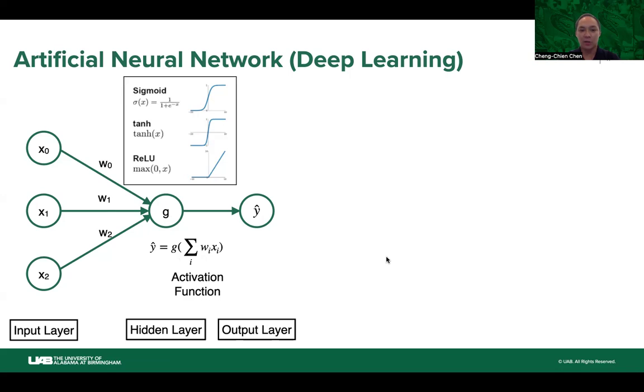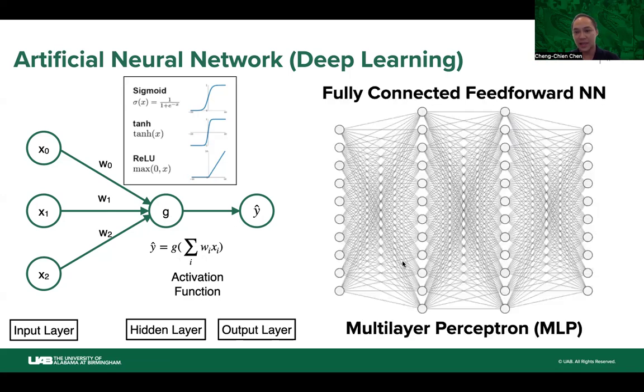Of course, from this we can construct even more complicated deep neural networks. In this case, you will have multiple layers and multiple neurons, and the output of each neuron can become the input for the neurons in the next layer. These are the so-called fully connected feed-forward neural networks, sometimes also known as multi-layer perceptrons. Quite often this is already a very powerful machine learning tool for materials discovery.